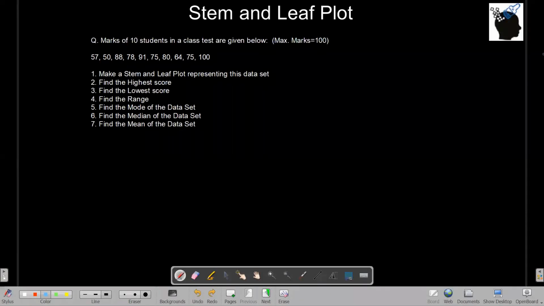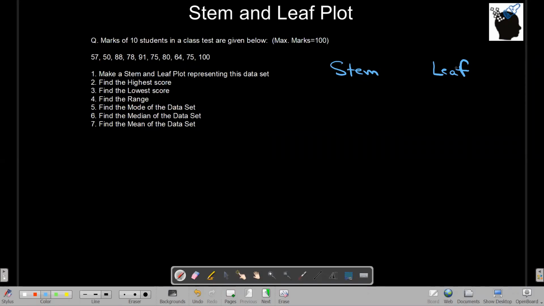Hi there. Today we are going to talk about stem and leaf plot. Stem and leaf plot might sound like something which is too scary, but it's actually a very straightforward method of representing data in a sort of tabular format. Now the table consists of two columns where first of all you have a stem and a leaf column.